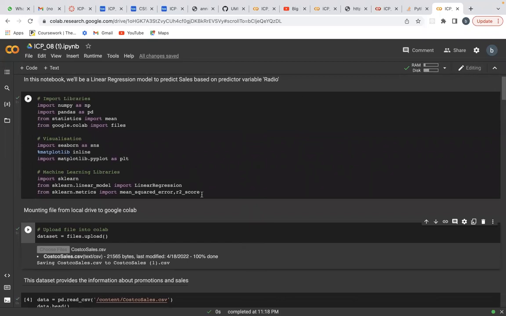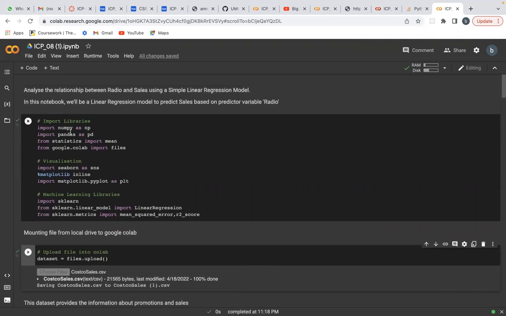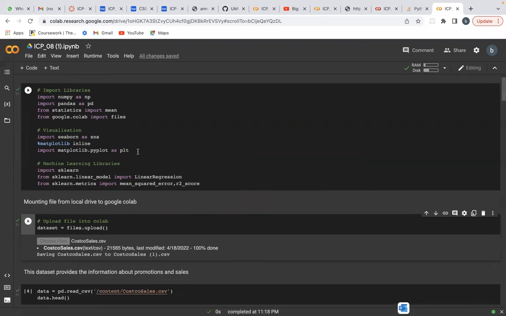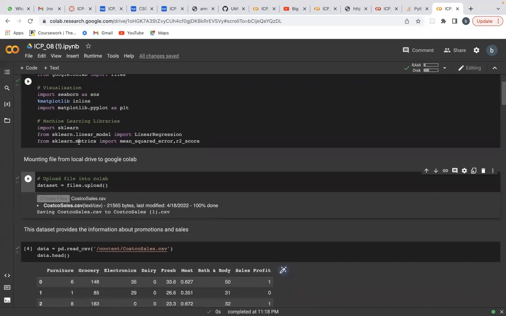This video is for the exploration of ICP8. Initially, in this ICP, we have done a simple regression model and correlation, and we have plotted graphs for them respectively. We have imported necessary libraries like NumPy and Pandas, and we have imported the visualization plot for MATLAB for plotting, and we have imported machine learning libraries like sklearn, and for linear regression